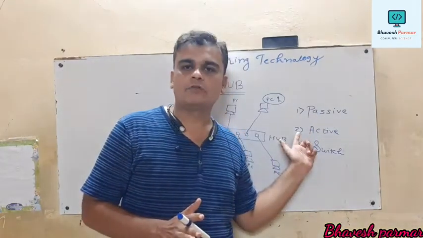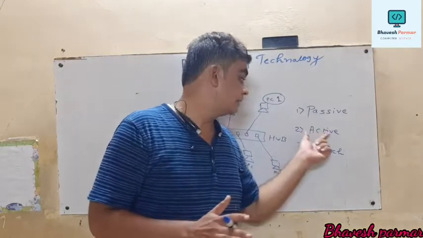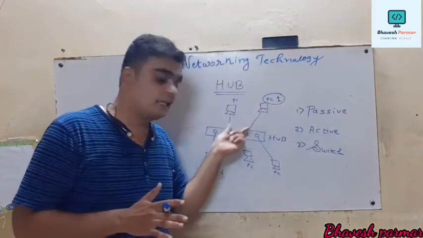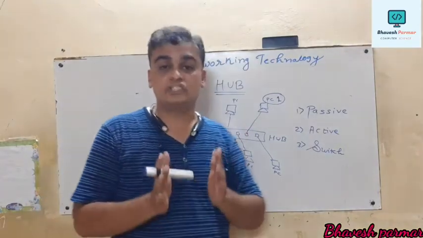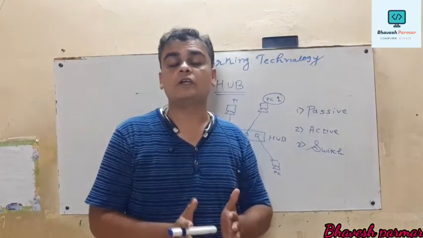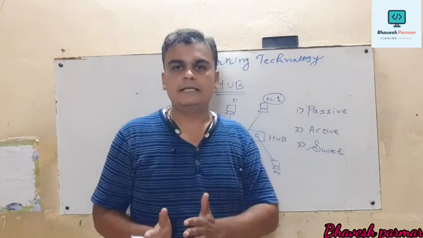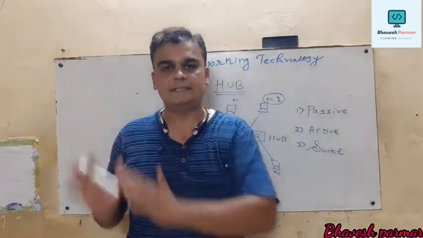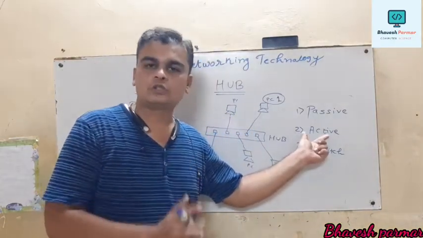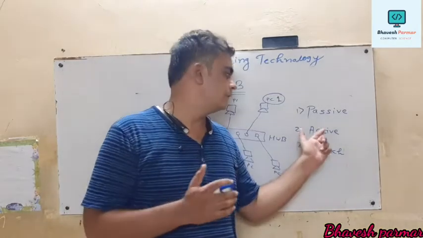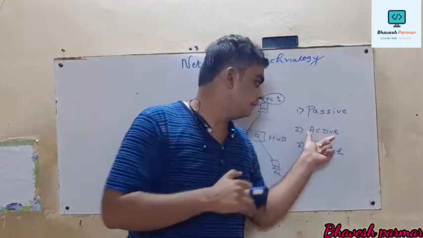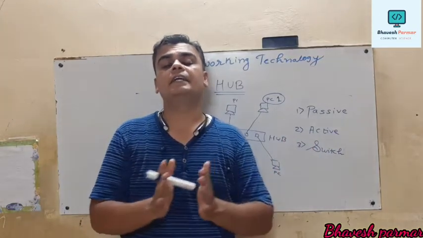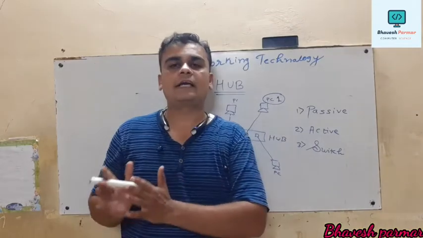Then, guys, the next type of hub is the active hub. If we consider the working of an active hub, as the name suggests, it receives the signal from one computer. The hub first checks whether the data is perfect or not. If the data contains some error, it clears that error first and then transfers it to the destination computer. That's why the cost of an active hub is slightly more expensive as compared to a passive hub. In short, you may also say an active hub processes the given input data and transfers the accurate data to the destination computer.